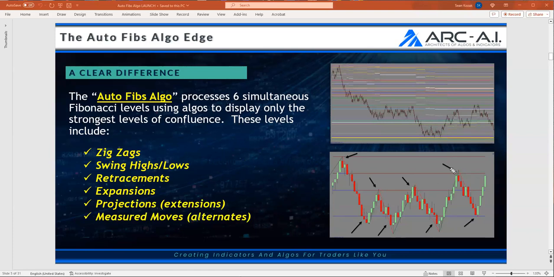Because like I said, if you were to throw me into the trenches in the war and you gave me one tool to trade price and support and resistance, this would be the most validated levels software that I've ever built in the business. That's a serious statement. So let me go in here and show you this.